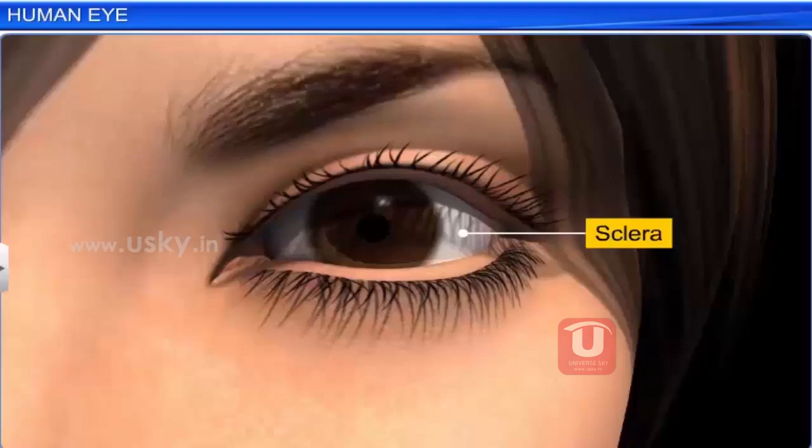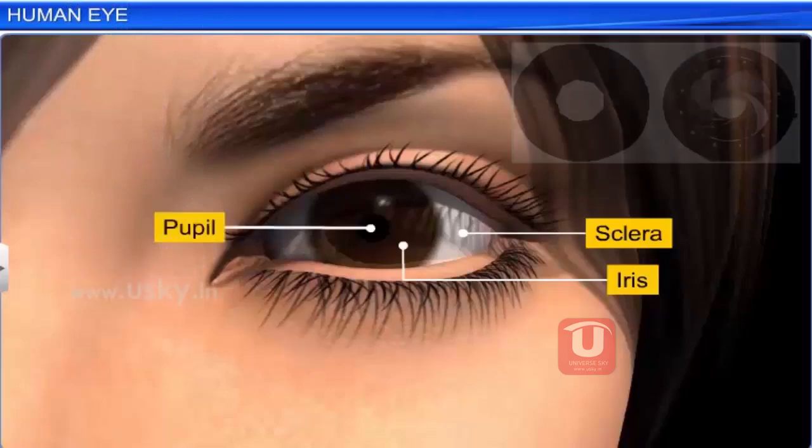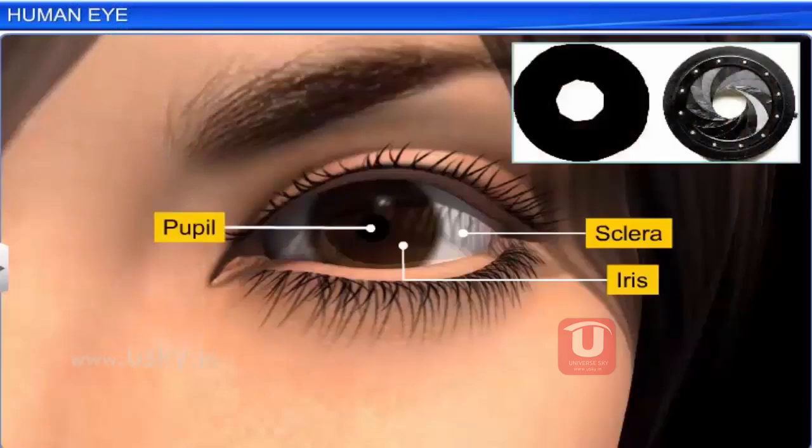The circular colored part is called the iris. The color of the eye is determined by the color of the iris. The central transparent area of the iris is called the pupil. The iris works like the shutter of a camera. It absorbs most of the light that falls on it and allows a part of it to pass through the